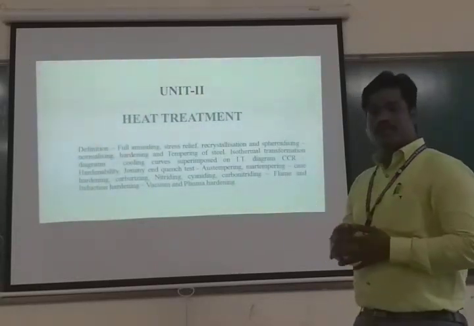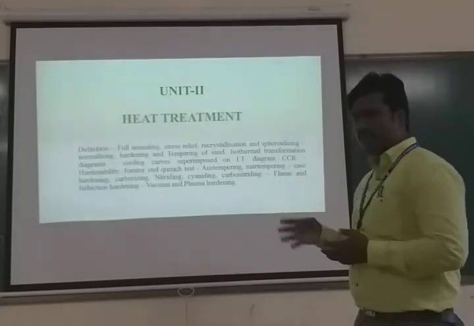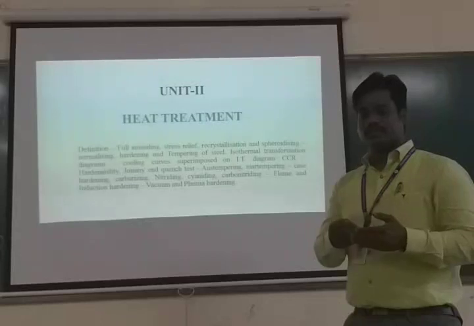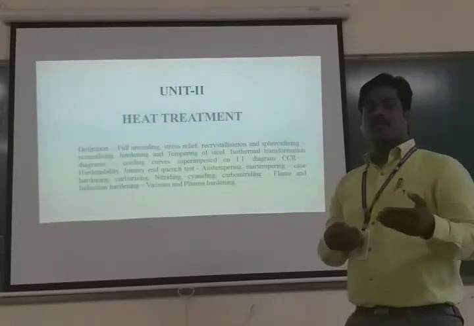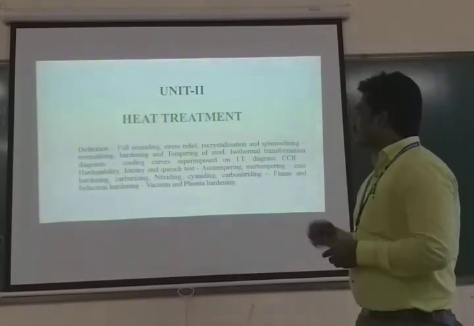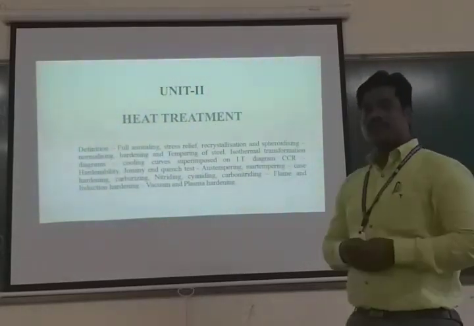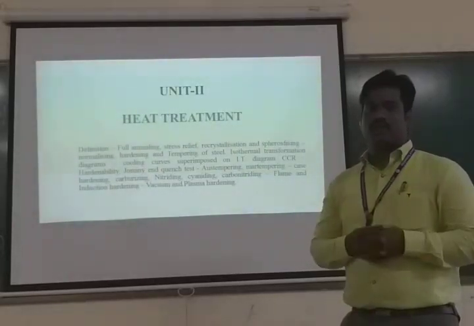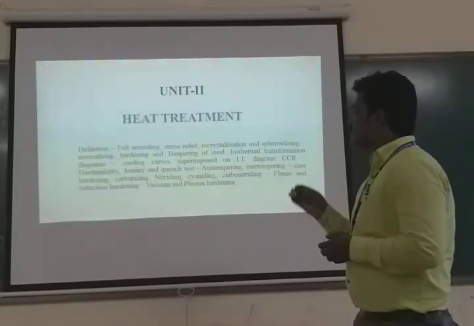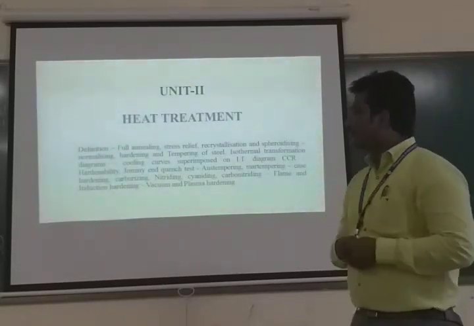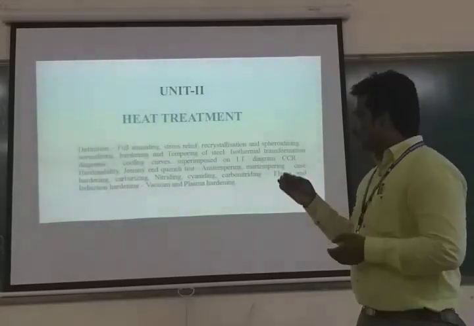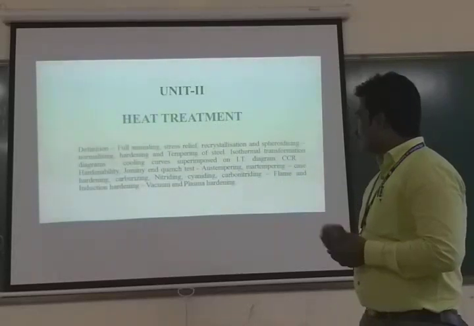And later we go to discuss the isothermal transformation. This isothermal transformation discusses how the materials will be transformed from one end to another end with the help of heat treatment. And next we go to discuss the cooling curves. After the heat treatment, the cooling curves play the main vital role in the material properties, and the isothermal diagram, CCR continuous cooling curve diagrams, and later we discuss hardenability based on Jominy end quench test